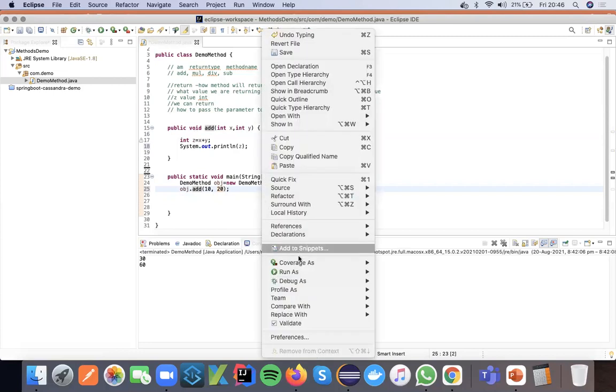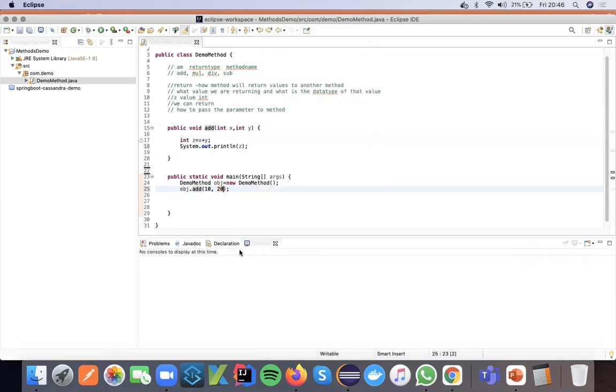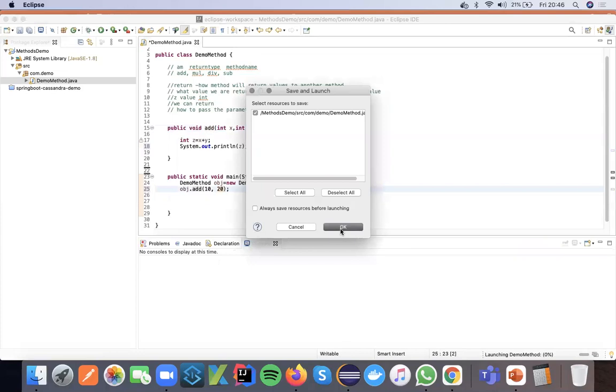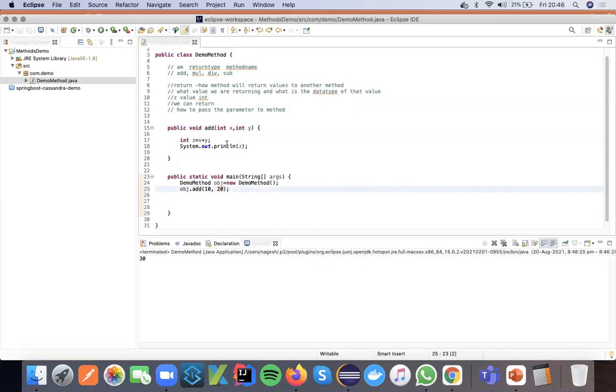So when I click here, you can see what is happening. Object dot add, you can see these values reached this add method, and the addition that you are doing in line number 17, you are printing the value, that was 30. So what we have understood here is we can return the value and you can pass the values to the method.